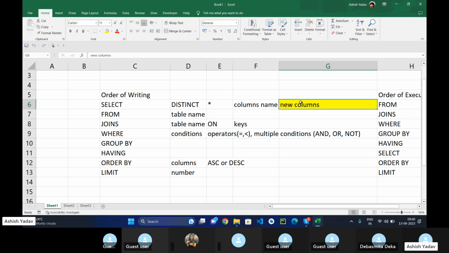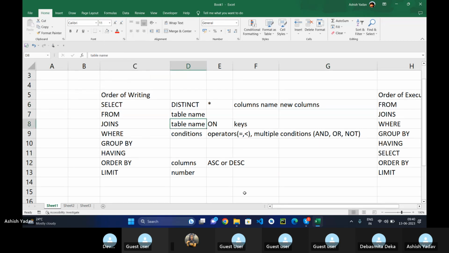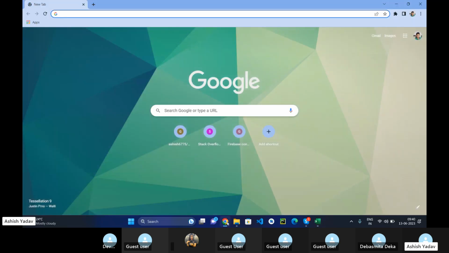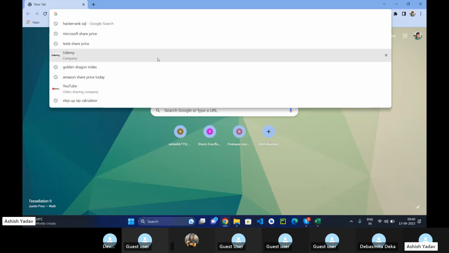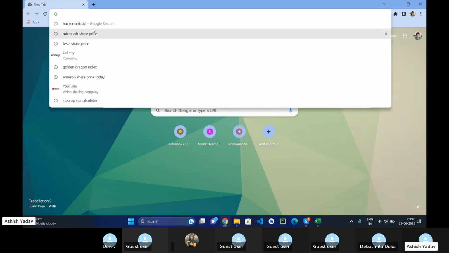So we covered the new columns topic yesterday, and I'll be changing the color. Before we start, there was one question asked yesterday. Someone asked how can we replace two things in the same string at once, right? So let's say